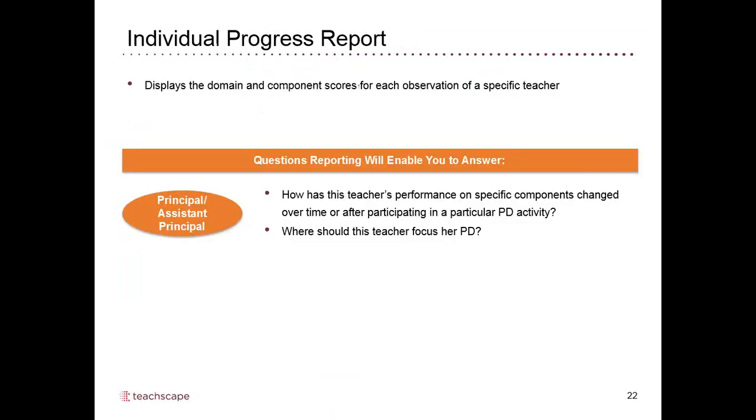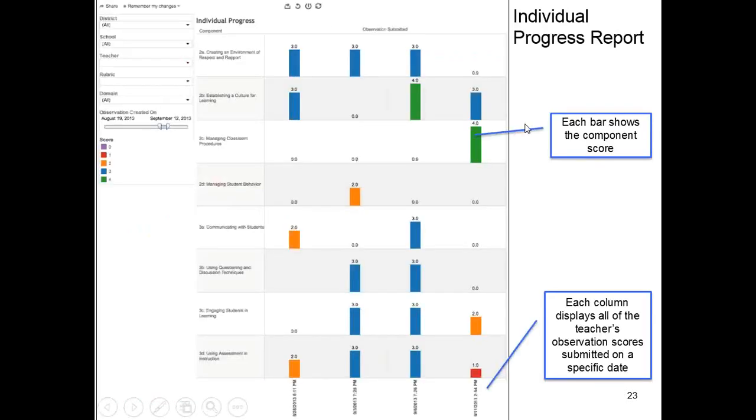And in some cases, you want to do a little bit more than that and say, is the teacher improving? Are there areas where the teacher is doing better? Or are there areas where there's not a lot of improvement, and where could professional development be provided for that? So this report we added recently. It's an individual progress report. So for a given teacher, you can pull up each component over their observations, where you can see improvement or things staying about the same.